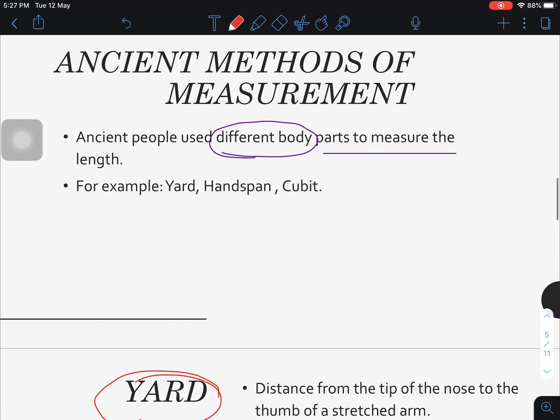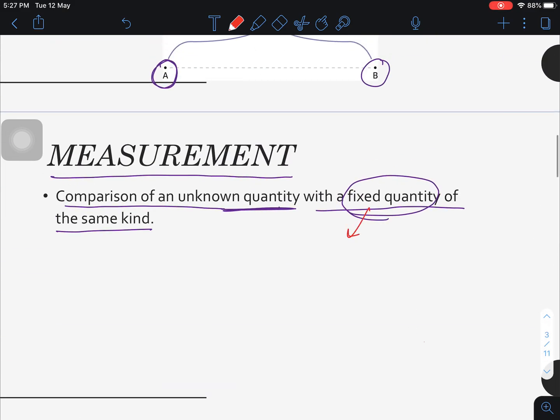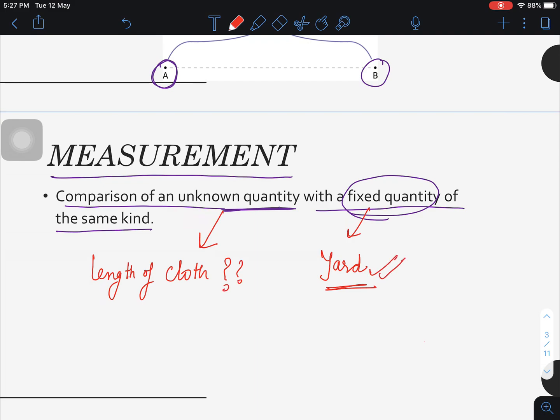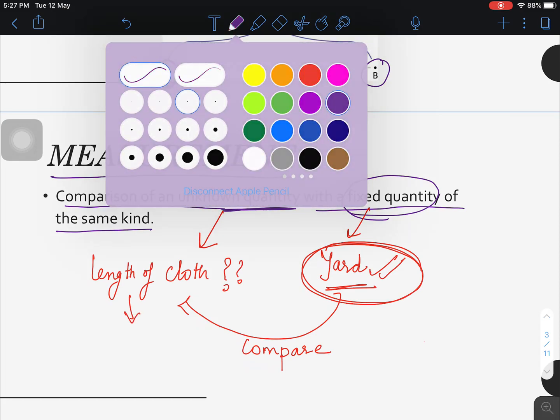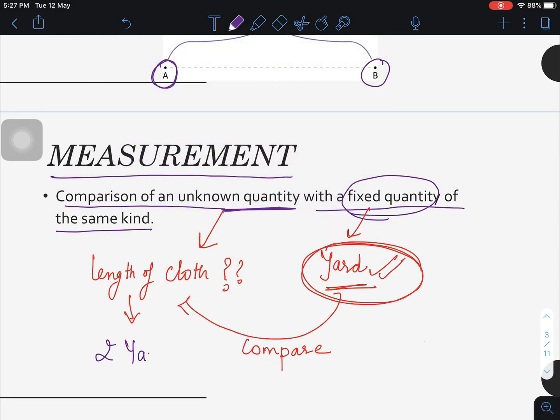तो दिस इज़ व्हाट आई वाज सेइंग यू दैट यू फिक्स्ड समथिंग. हमने जैसे यहाँ पे क्या अभी नीचे क्या देखा हमने, दैट वी फिक्स्ड इट 2 यार्ड. अननोन क्या था हमारे पास? लेंथ ऑफ क्लॉथ. हमें ये नहीं पता था, पर हमें ये पता था. तो हमने इस यार्ड से इसको क्या करा? कंपेयर करा. और जब हमने कंपेयर किया तो हमें पता चला कि जो लेंथ है वो एक्चुअली कितनी है? 2 यार्ड्स है.